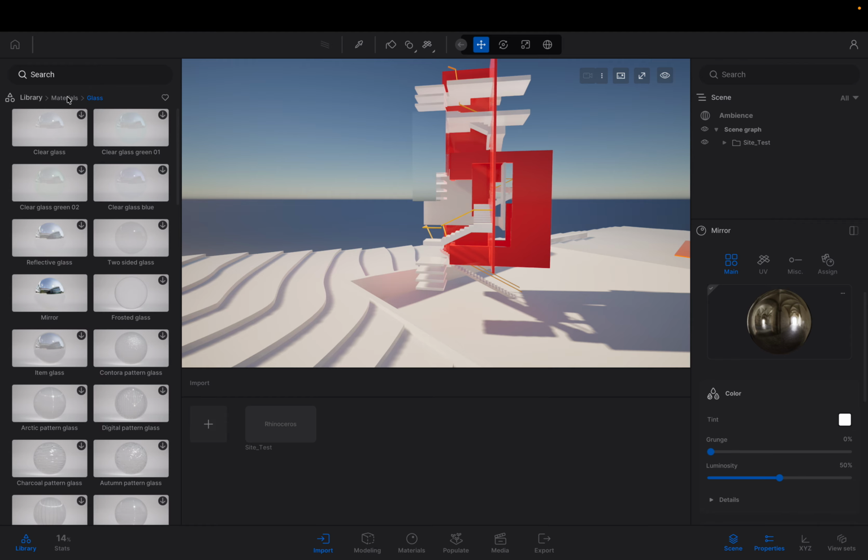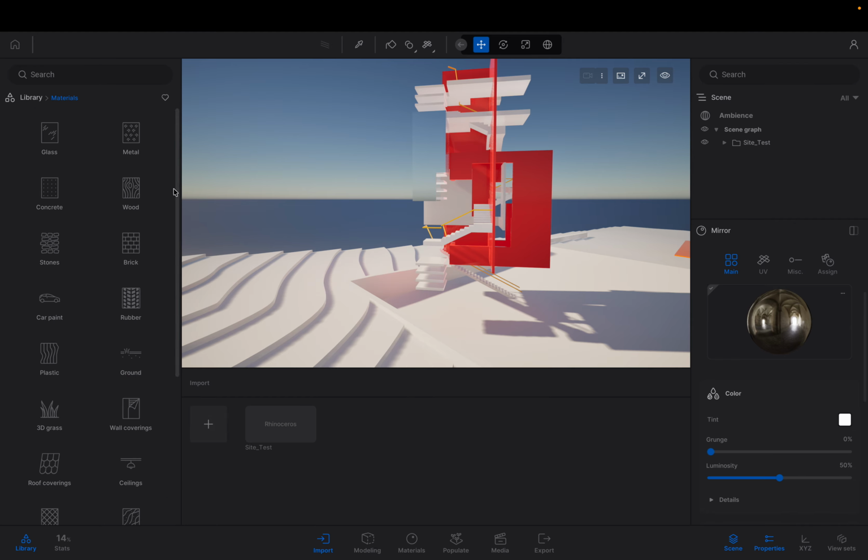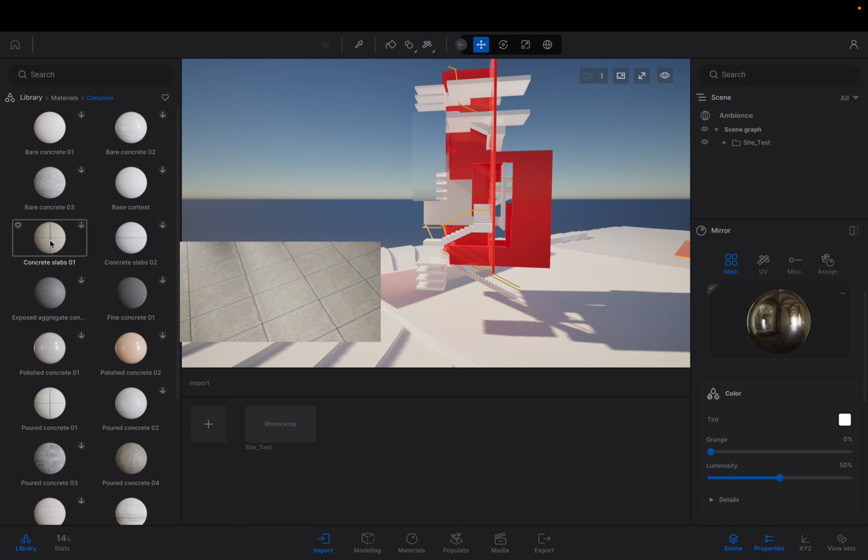Sorry, let me get back to that material. Obviously, we have some glass. We want to click back on library, materials. Also the trees, the entourage. I mean, my goodness, I want to make an entire scene here, including 3D grass. Anyway, for free. This is normally $5,000 a year with Lumion. So again, I am just giddy to use it. In my case, some concrete. Oh, some of my favorite, board form or